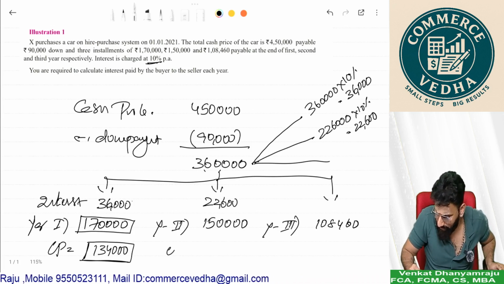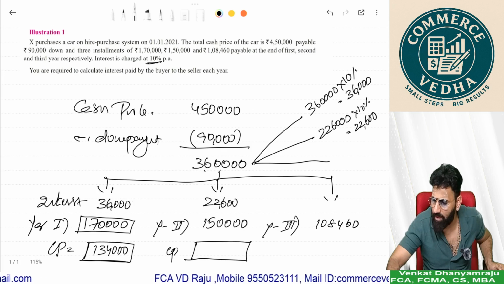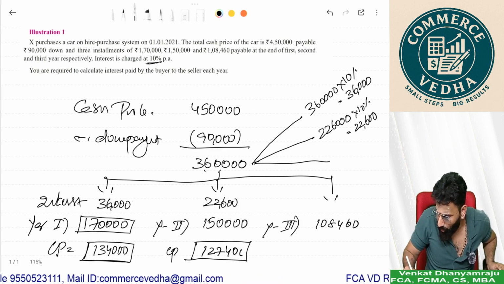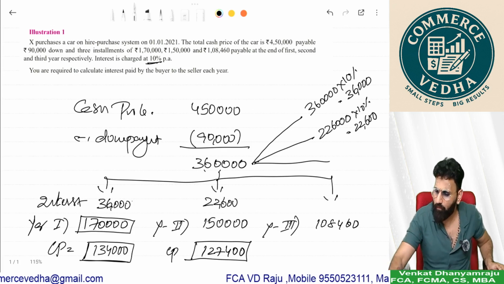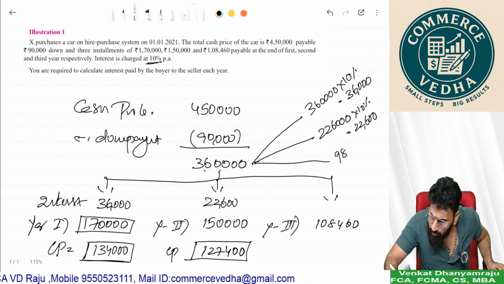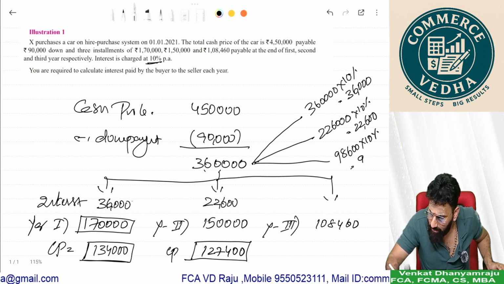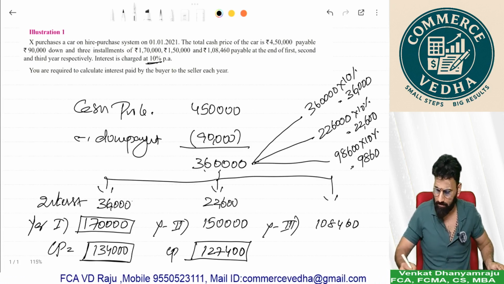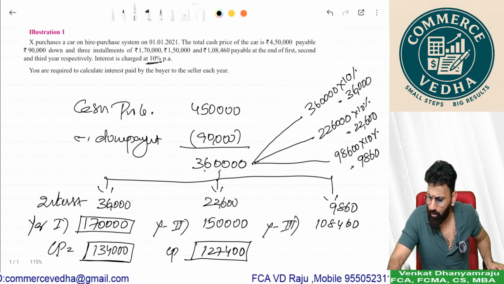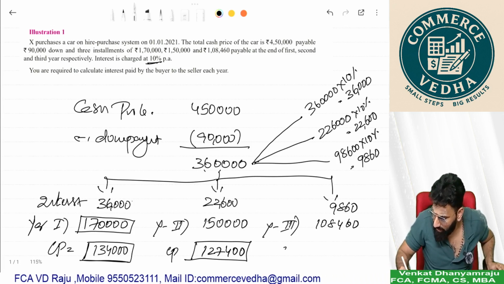So your cash price paid in the second year is 1,50,000 minus 22,600, 127,400. Right. So if you remove 127,400 from 226, your final year due is 98,600, into 10%, 9860. So if you remove 9860 from 108,460, your final year cash price paid is